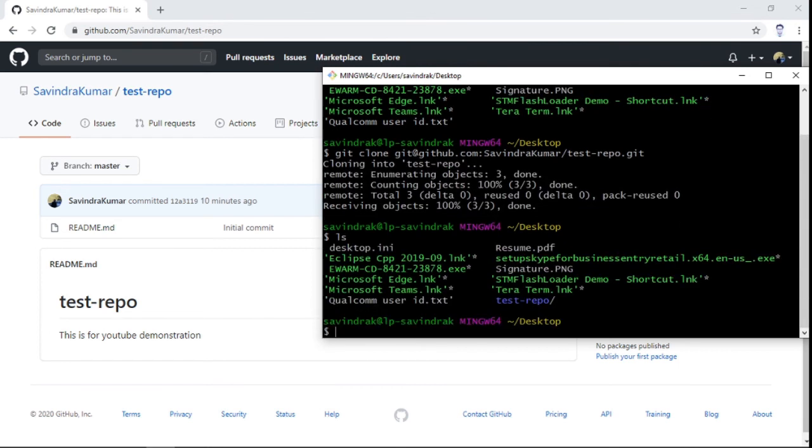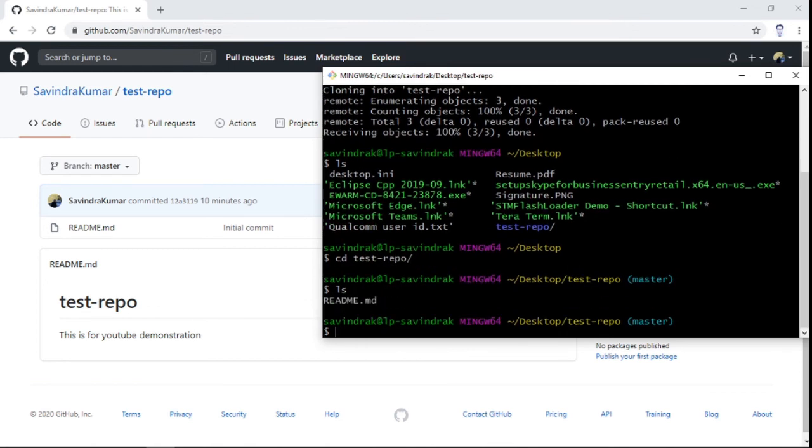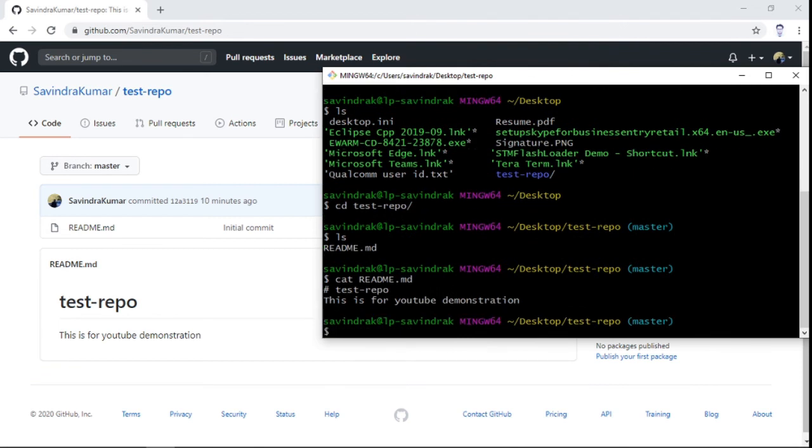So I can see that this is the folder test repo. I'll just go to this folder to see what all the files are there. So see, this is the readme file which is there on the remote repository. I'll just see what is in there.